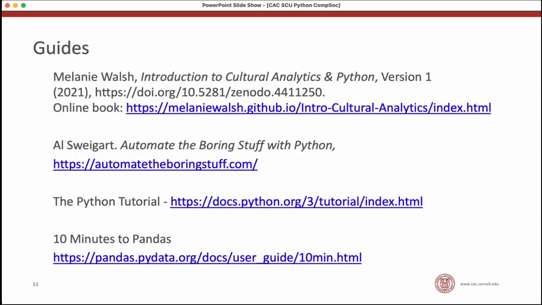I said I'd link to some extra information. These are some online guides. The first one is a great place to start. This was written at Cornell by a person who was a postdoc. She now has a job on the West Coast. I don't remember which state though. But she wrote a book about cultural analytics in Python. There's a fair amount of overlap between the things I mentioned today and the things she covers